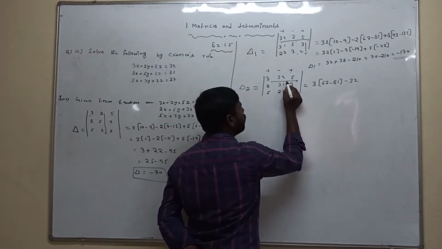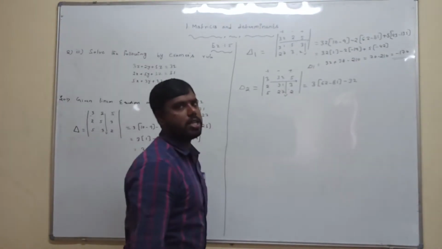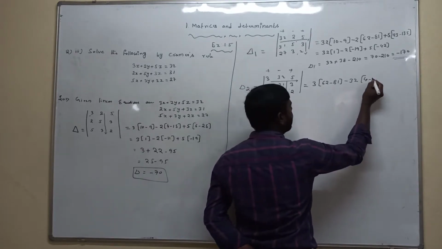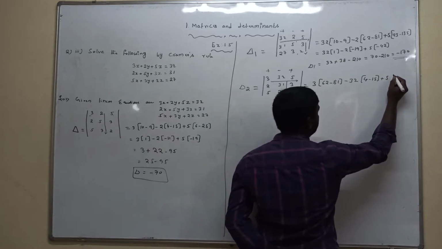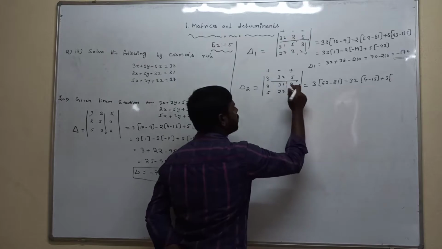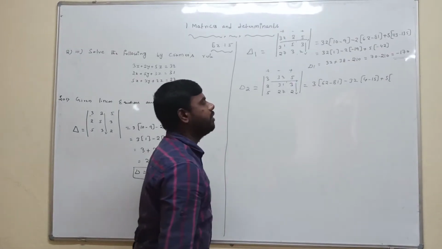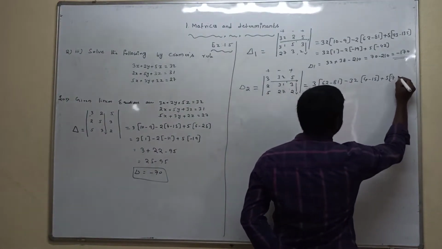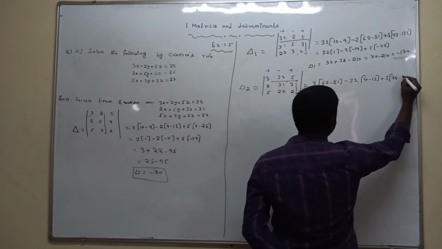Now for minus 32, the first row and second column are eliminated. Cross multiply the remaining elements: 2 into 2 is 4, minus 5 into 3, the value is 15. Plus, the third symbol is plus, and the element is 5. The first row and third column are eliminated. Cross multiply the remaining elements: 2 into 27, that value is 74. Next, 5 into 31, that value is 155.